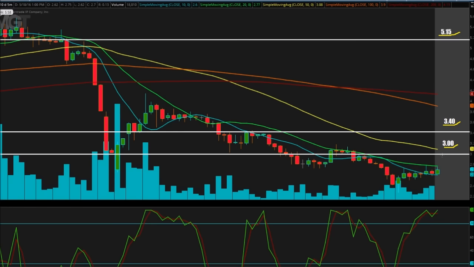So ideally what would happen after hours is we break up to $3, turn it into support. By doing that, we will be crossing above the 10 and 20-day moving averages, and hopefully these 10 and 20-day moving averages can start legging up above the 50-day. We want to see the 50-day get lower. We want to see the 100 and the 200-day moving averages also go lower.